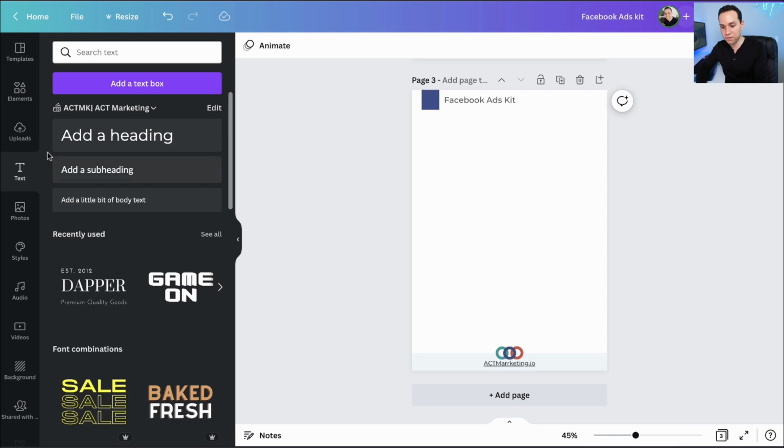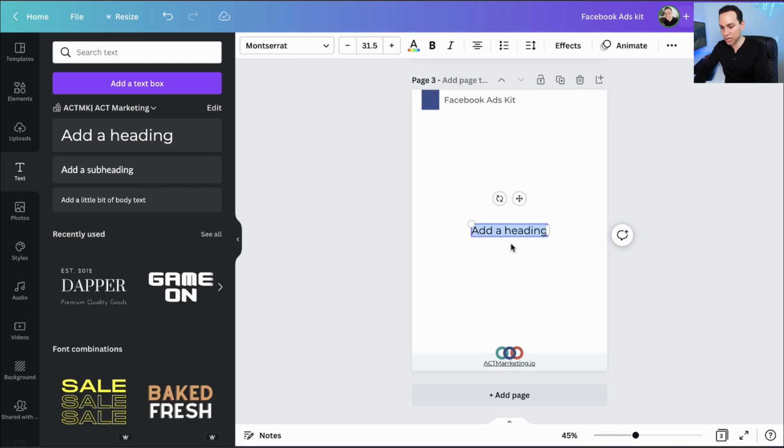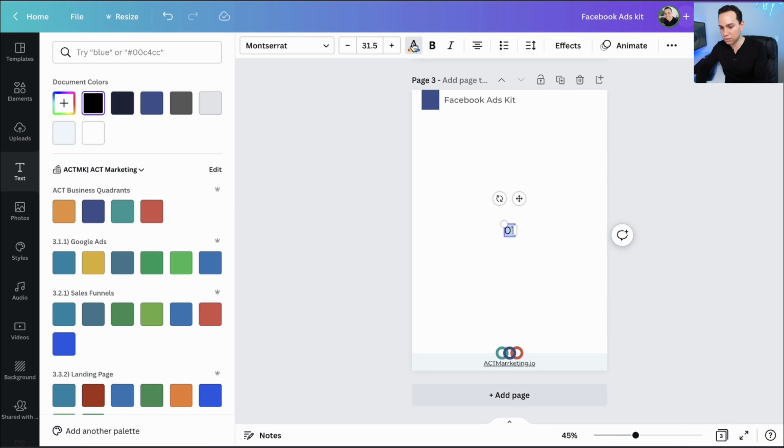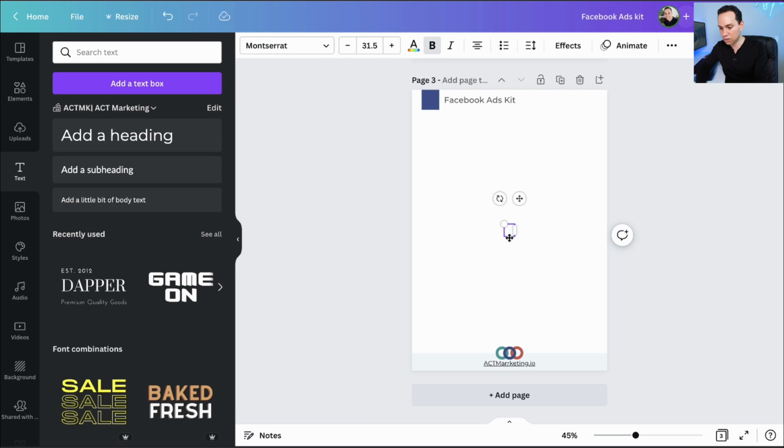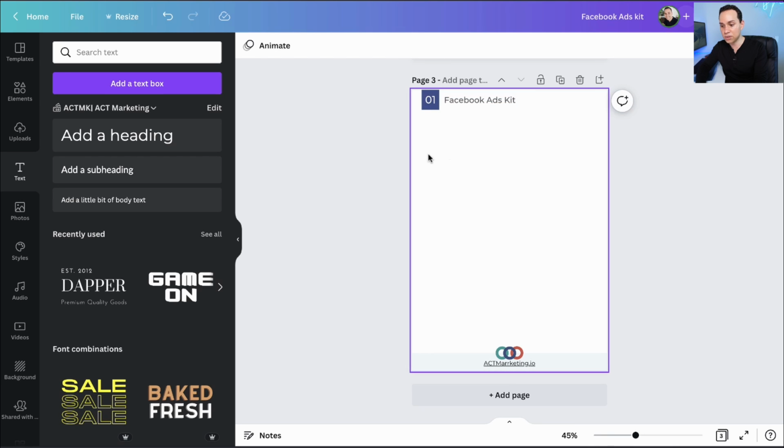And if we wanted to be fancy, we could go ahead and put in page numbers here at the top. So I'll go ahead and make this white and bold, and then I'll click and drag it all the way up here. And now we have our page numbers. Now, does Canva automatically do page numbers for us? Unfortunately not. So this is going to be a manual process. So definitely don't go doing your page numbers until the very, very end